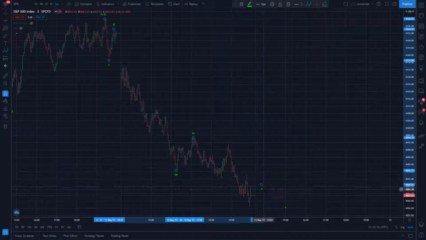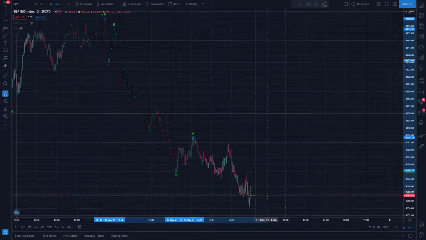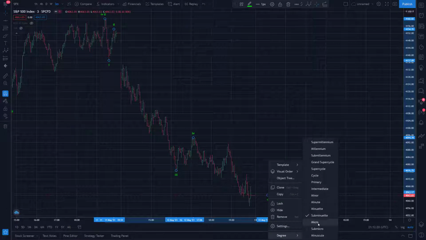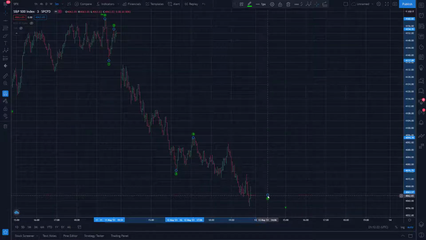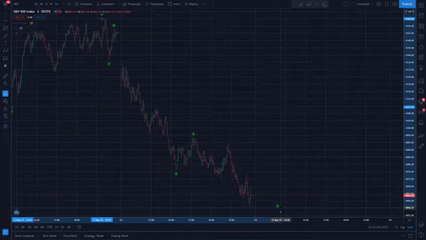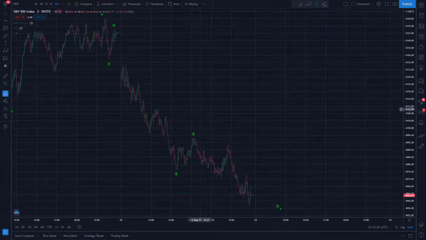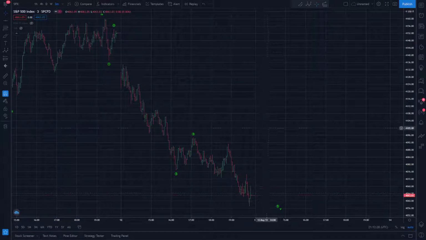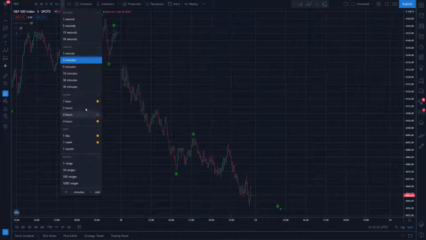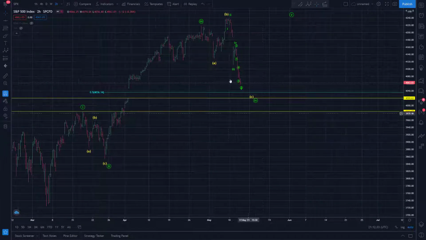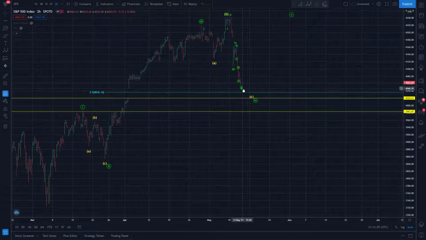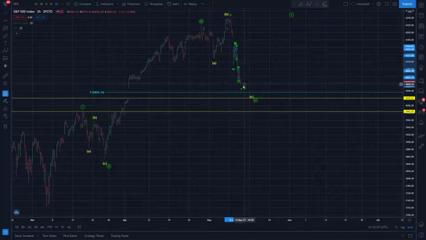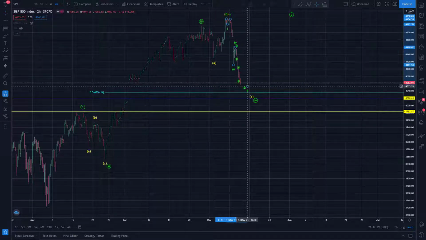So a little bit more work to be done here. And let me just drop this degree by 1. A little more work to be done here before we can count this cleanly with all the subdivisions down as complete. But it's certainly getting close, right? So I just wanted to do that exercise on that small time frame just to see, well, how close do we look to having a completed count? I think we're pretty close.